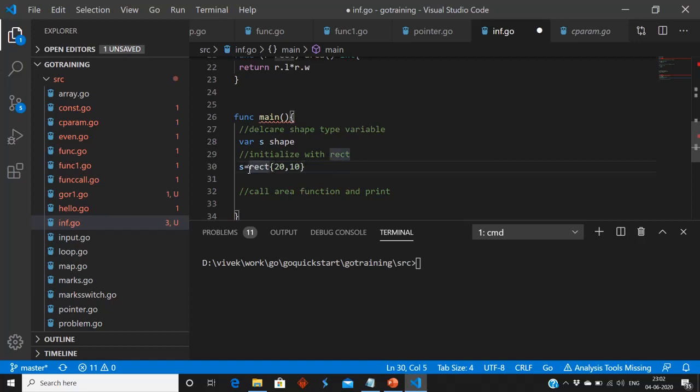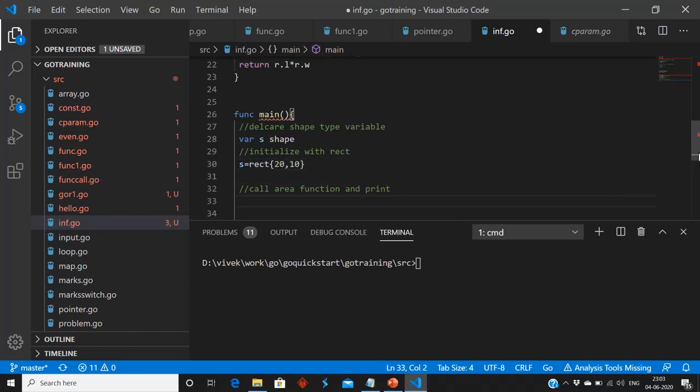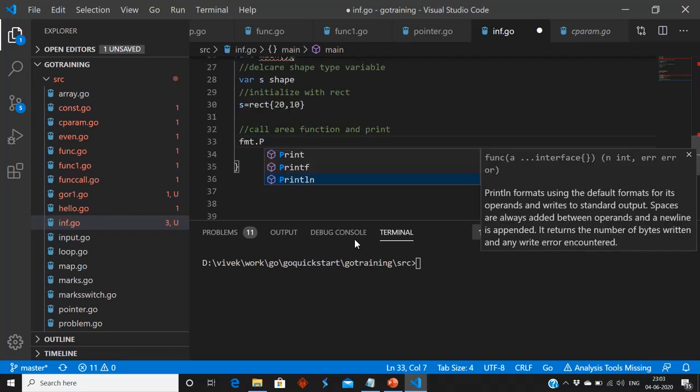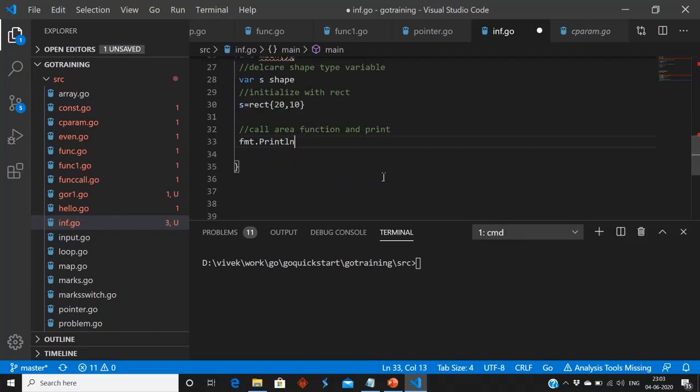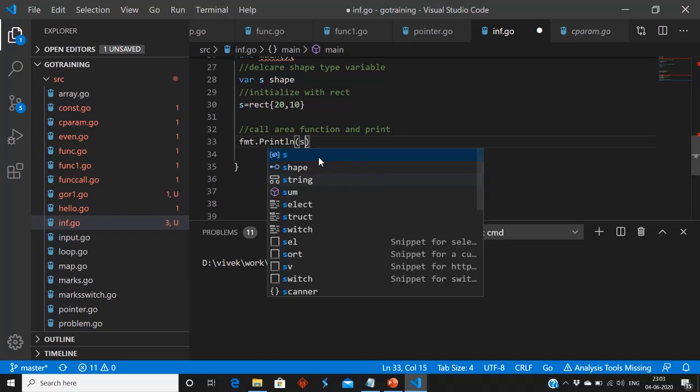So this is runtime polymorphism, because we can assign a rect type of struct into a shape type, meaning interface type, of variable, because the rect struct implements the interface. Now we will print the area of the rectangle, s.area.